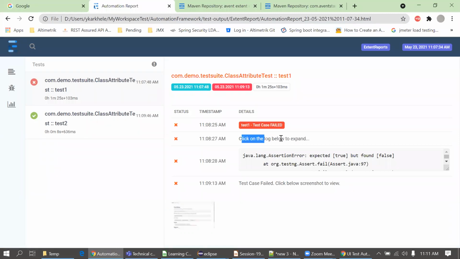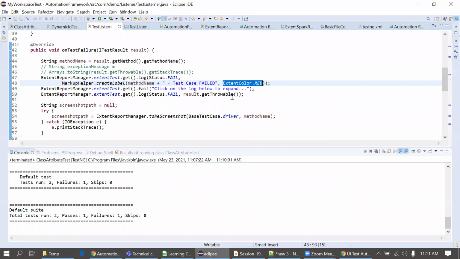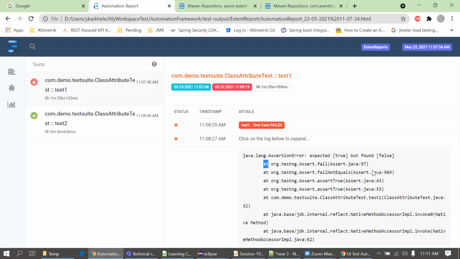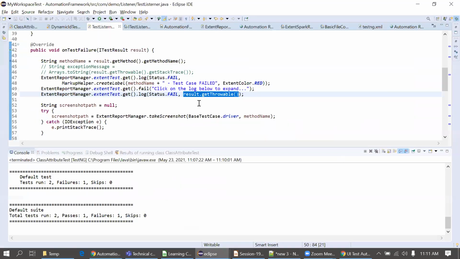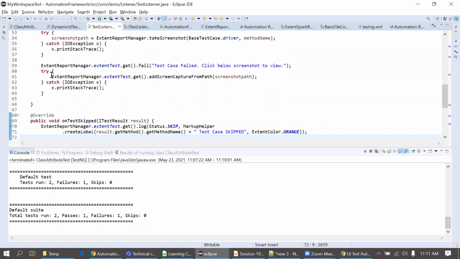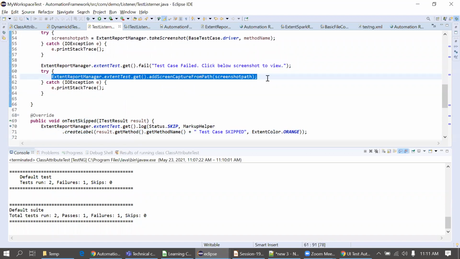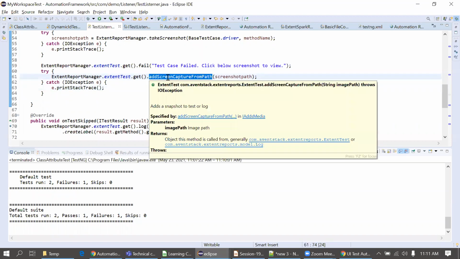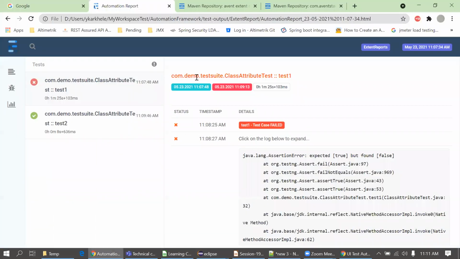So again, click on the log below to expand. This is this method, getFail, and we can use this. Then result.getThrowable, getThrowable means this part again. This is the output stack trace, we can say, entered here in that report. And the output of this line. Okay, what is this line? ExtentTest addScreenCaptureFromPath means it will just attach the screenshot